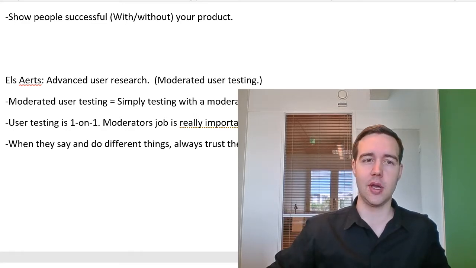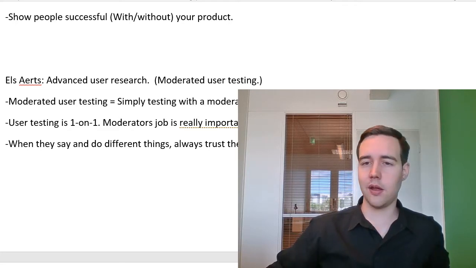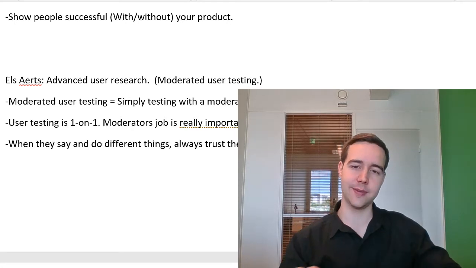So don't be afraid to show people that are successful without your product and that are relatable as well. They have in a sense solved the problems, or maybe their problems are not even related to your product, but they are still people that the audience can relate to. And then you can push your product a little bit more discreetly on those articles.